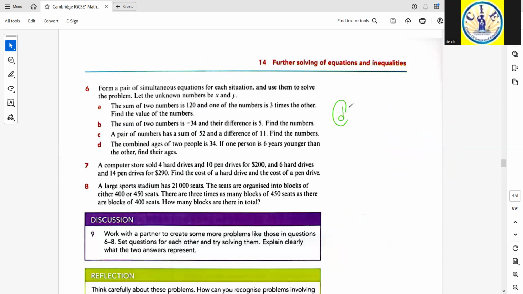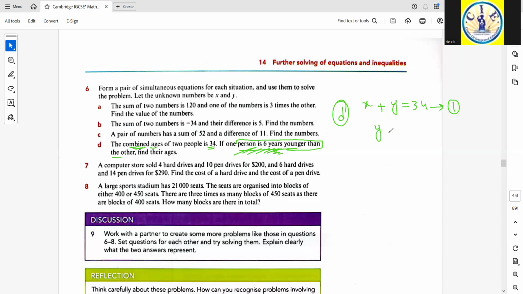It's part D now. The combined ages of two people is 34. If one person is 6 years younger than the other, find their ages. We can have that let the age of one person be x and the age of the other person be y. So when we combine their ages, we add their ages, the answer is 34. Okay. Now, if one person is 6 years younger than the other,